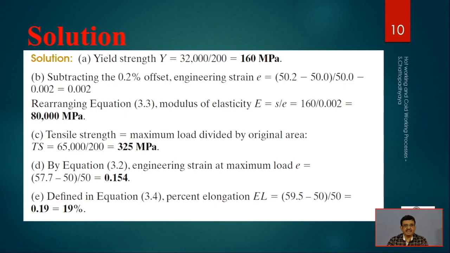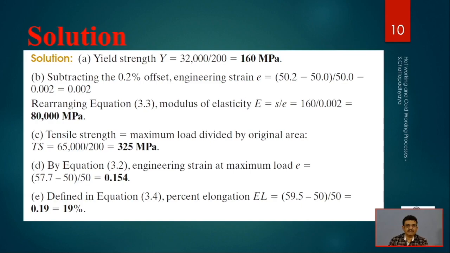And subtracting the offset, one can find the engineering strain, and it will be 0.002. Straightaway, 50.2 minus 50 divided by 50, and it equals that value. So rearranging these equations, we can come out with the modulus of elasticity would be 80,000